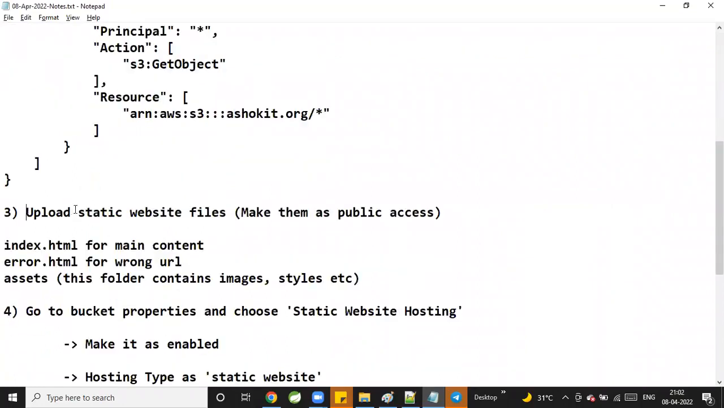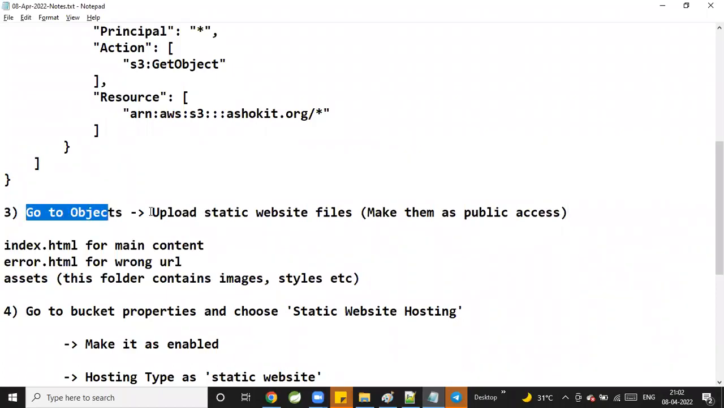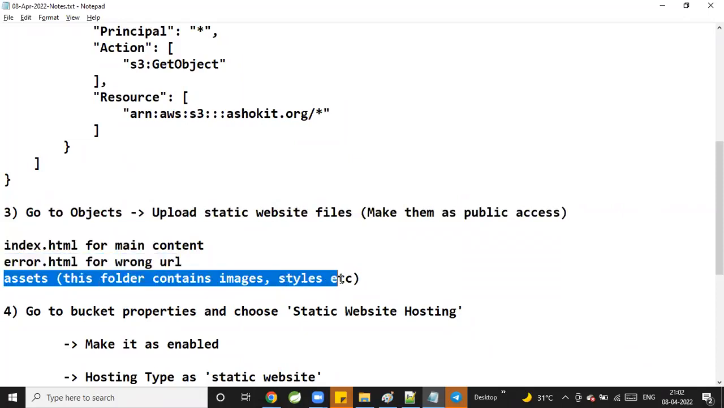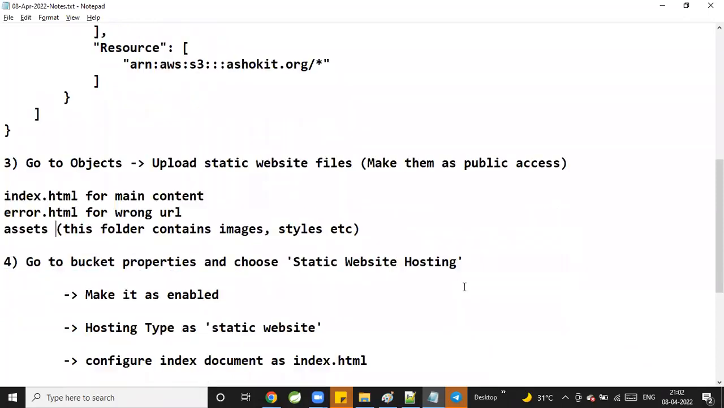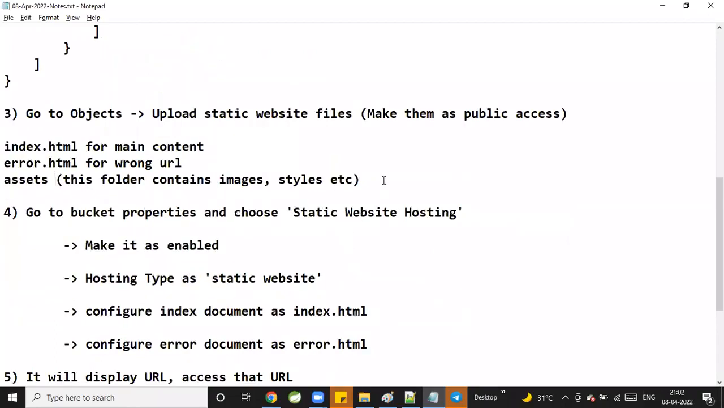Go to objects, upload static website files. Make them public access. Index HTML, error HTML and assets folder. Once we have uploaded these things,